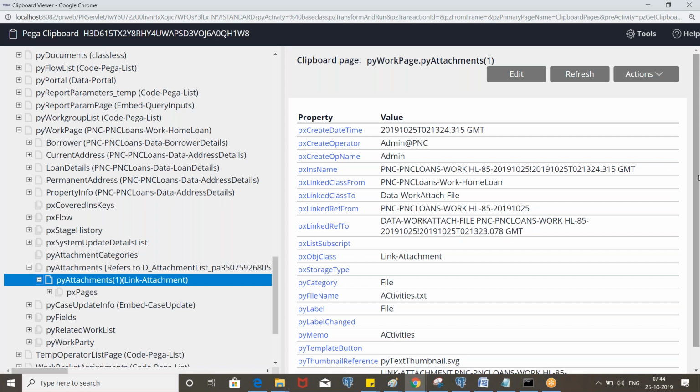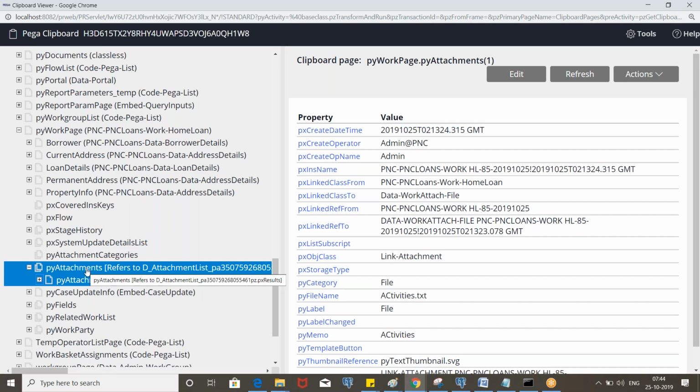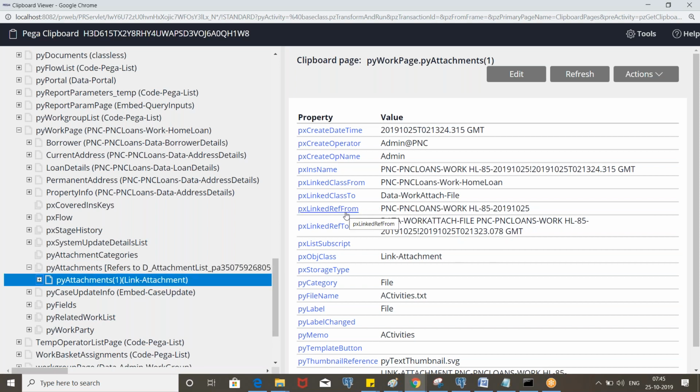If you add more documents, let's say 3 documents, you will see 3 pages. Py attachments is a page list property, and it's created by referring to the data page automatically, right? So now px linked reference from. So this is the pzInsKey of the work class.